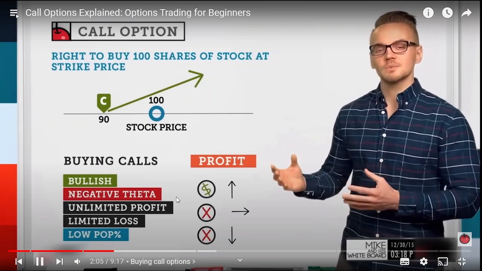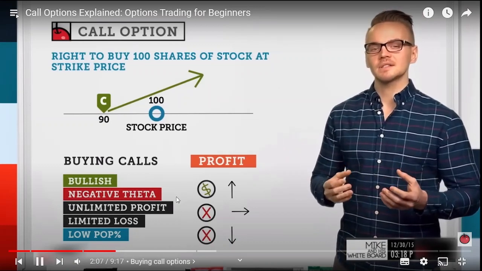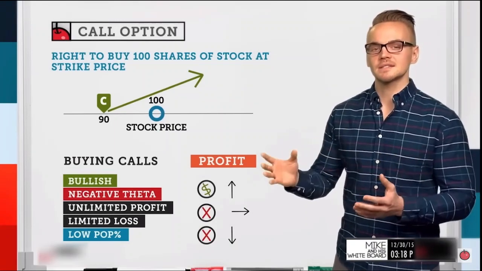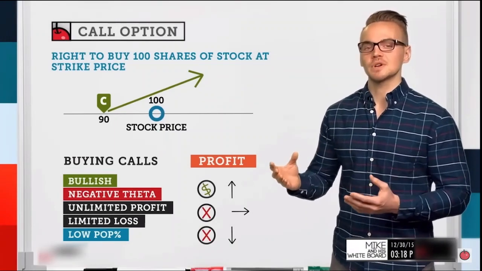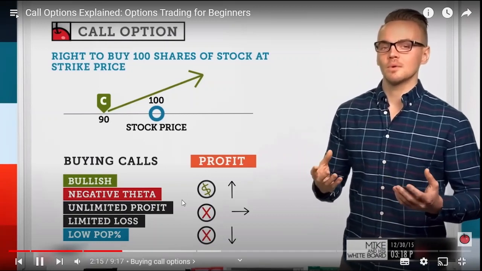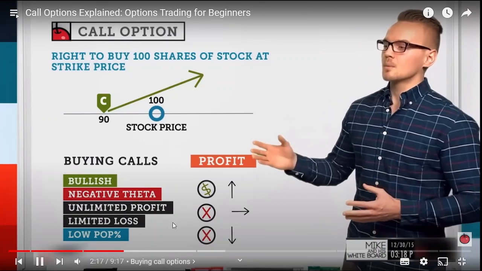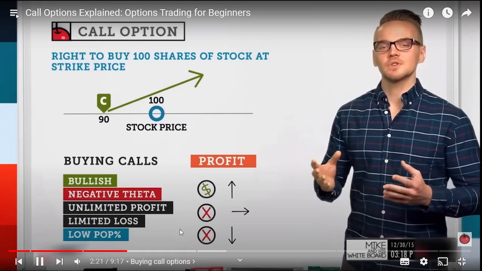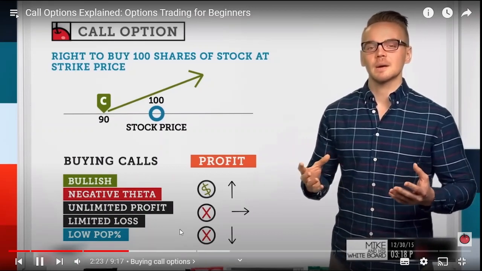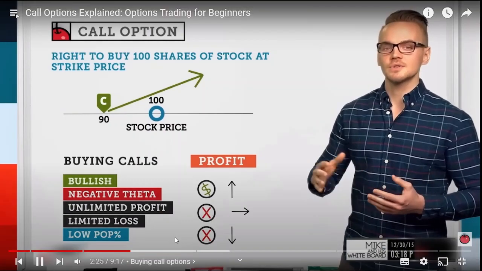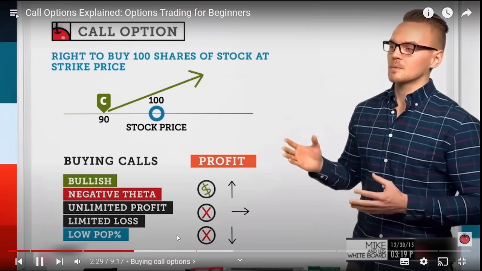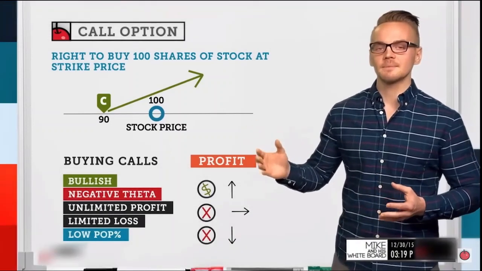When we're buying calls, we have a negative theta decay because as our call option decays and gets closer and closer to expiration, it loses more and more value. We also have unlimited profit when we purchase a call, and that's because there's no limit in terms of where a stock price can go. It can go to infinity, it can go to 100, it doesn't really matter. So when we're buying calls, we have unlimited upside and we have unlimited